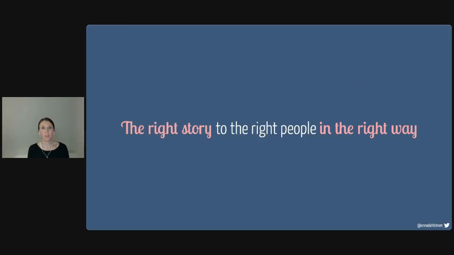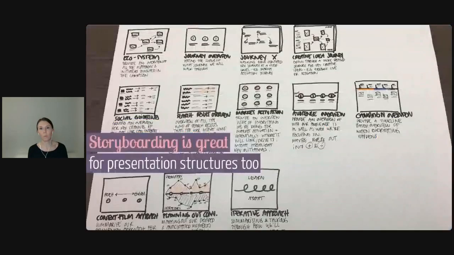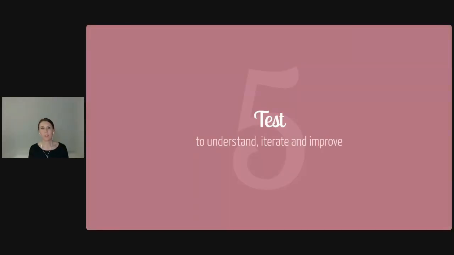So when it comes to presenting, it's very much about presenting the right story to the right people in the right way. And here, one of the things we can also learn from traditional storytelling is to use storyboarding as a technique, to map out what we want to say and what different slides our presentation should hold. And again, if we want to use storyboarding, we can use tools like Coco for creating that.